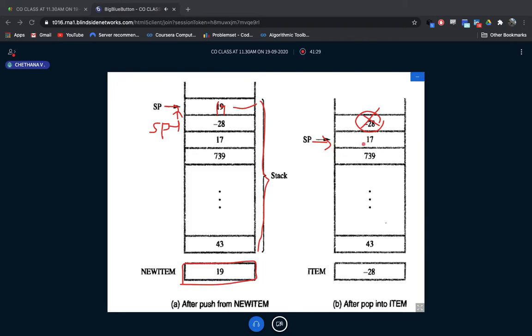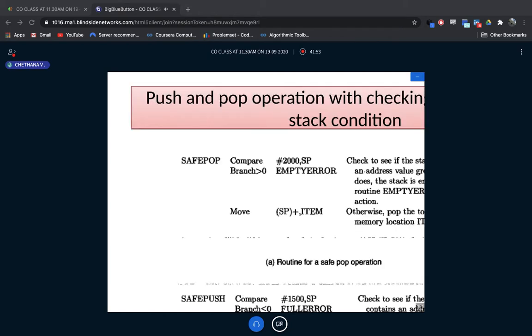Next, one more item I want to pop out. So what should I do? Just take the SP, the stack pointer, one location down. What will happen by default? There is no proper pointer for 17. By default, it indicates I've popped an item. That's all. I hope you are clear. This is one example they have given in the textbook, and the same example I've displayed on the screen. Here also code is there.